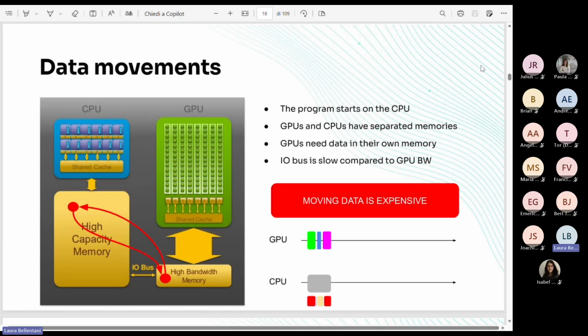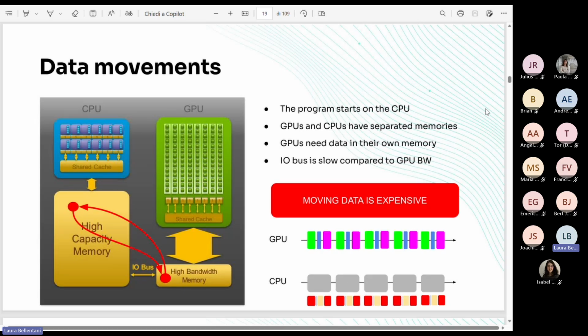Consider, for example, the previous picture, and now a situation where the blue part, which is the computation, is taking a short time with respect to the green and purple regions, which are related to data movement. And assume that this kind of pattern is inside a loop. What you will see on the timeline in this scenario is something like that, where you have most of the time on the GPU side spent moving data rather than actually doing calculation.